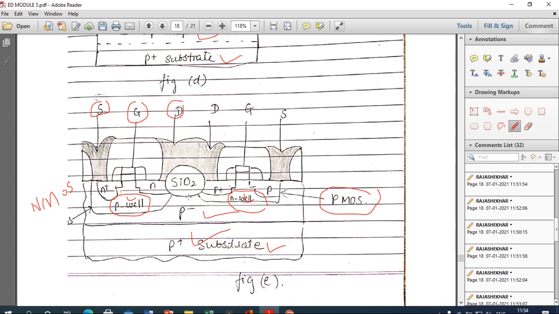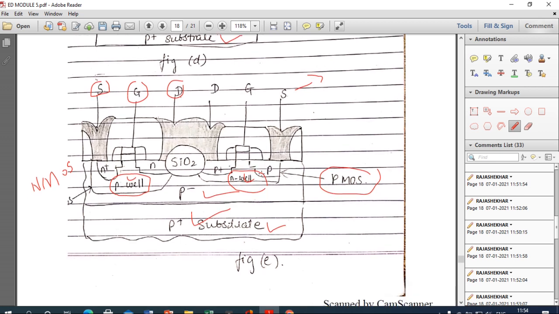Here the SiO2 is used just to separate this P-well and N-well, otherwise it may damage the CMOS structure. Now this is nothing but the inverter, which has both NMOS and PMOS. Just connecting them with the proper connections, I can use this structure as an inverter.